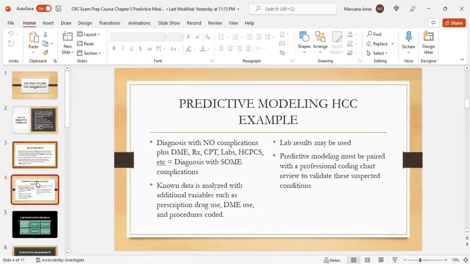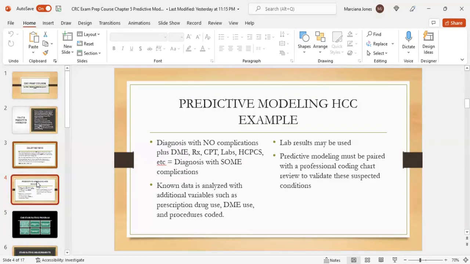Predictive modeling HCC example. So you have a diagnosis with no complications. If on the medical record, a physician is saying, oh, this patient has diabetes with no complications, and they've selected that code, but if you read the medical record and it says that this patient is on insulin for this diabetes diagnosis, or they have a DME as a result of this, anything like that,